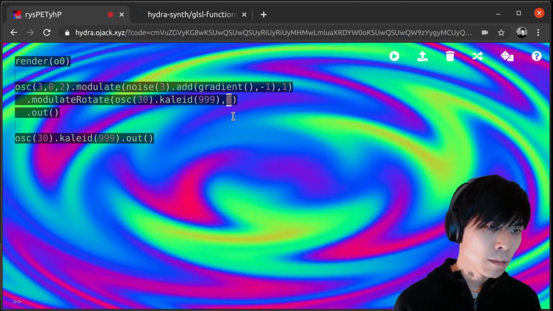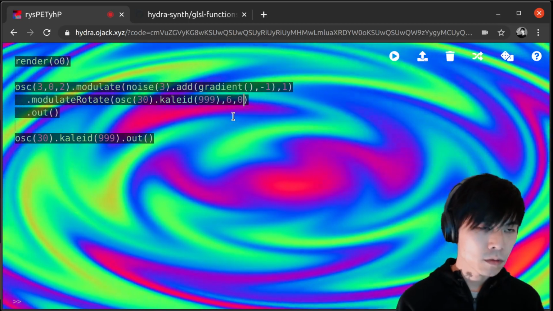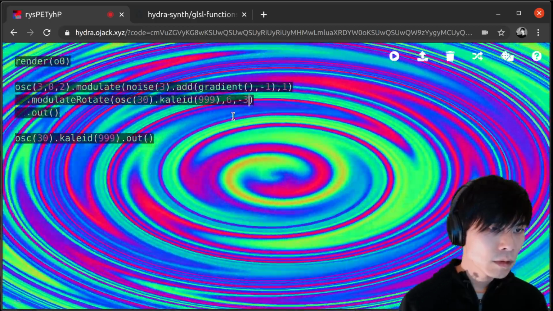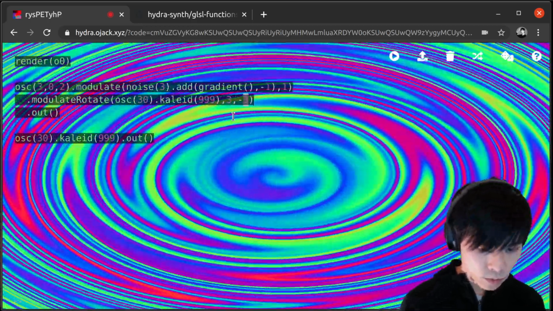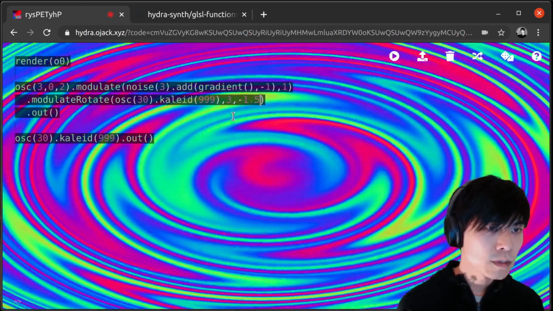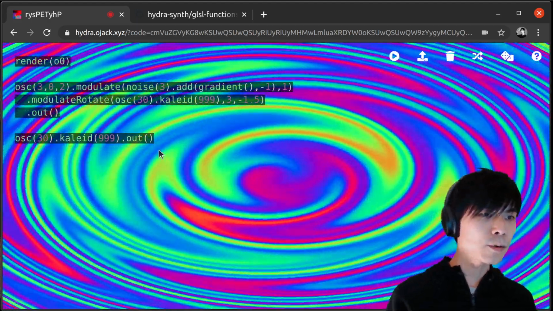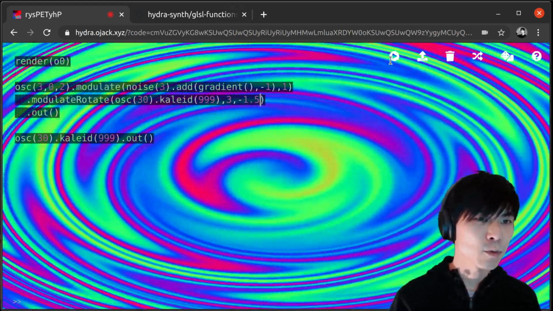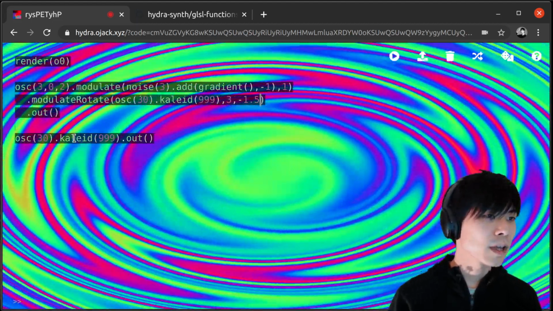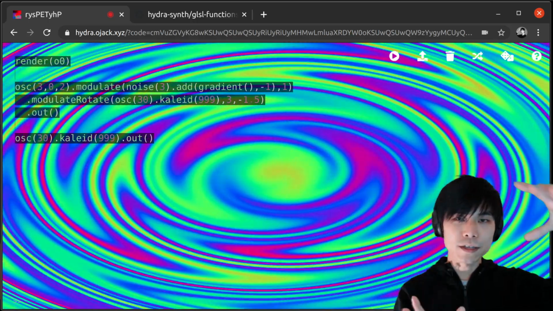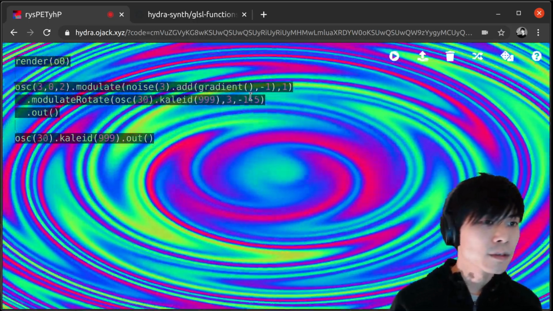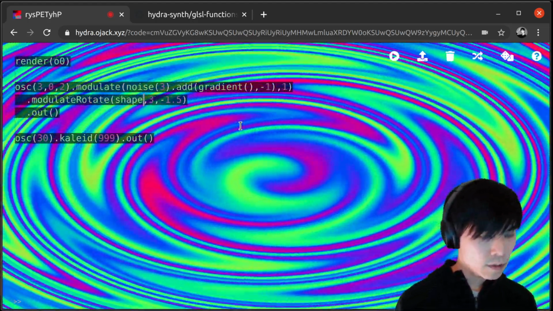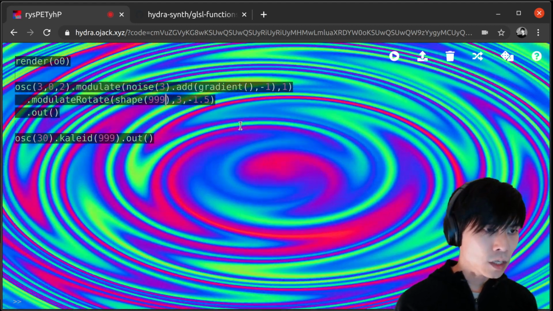This is the multiply and offset. For now, I'll just keep it to 0 or maybe -3. Maybe this is too much. So you can just always play with the parameters, but now you see that it's symmetric. Well, not symmetric, but it preserves the circular pattern of colorate, and rotate is just amplifying how much you rotate this image. Well, this is maybe not the most obvious example, so I just use shape, for example,